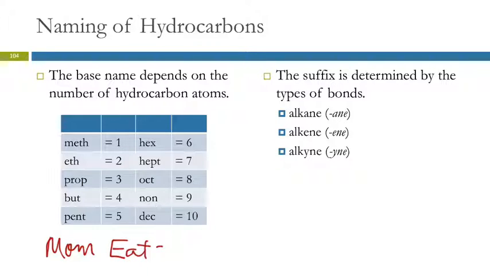This is how I remember it to this day. Mom eats pickled bananas. And what does this suggest about Mom? She's gross. Or she might be pregnant, right? I don't think you can actually get pickled bananas. Could you pickle a banana? I don't know if you could. But it makes a great mnemonic: methyl, ethyl, propyl, butyl; methane, ethane, propane, butane. Mom eats pickled bananas, 1, 2, 3, 4. And then the suffix has to do with the number or the types of bonds.